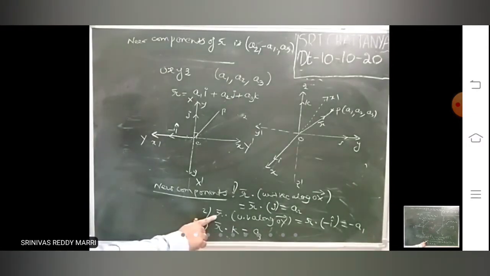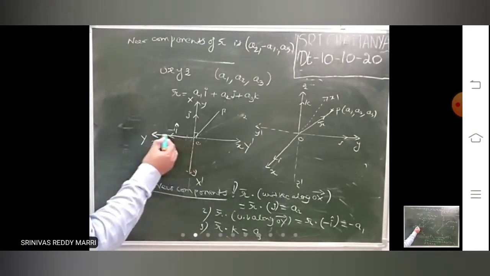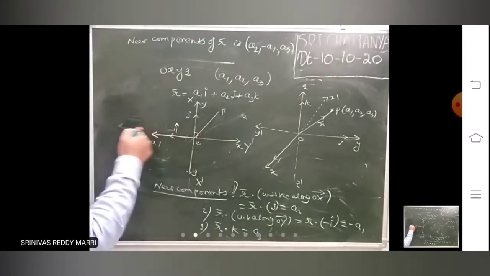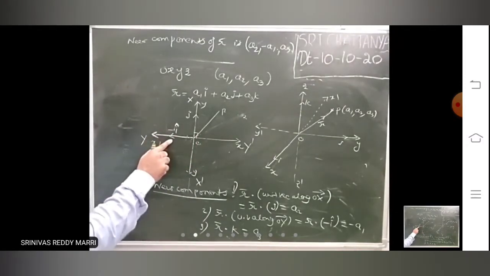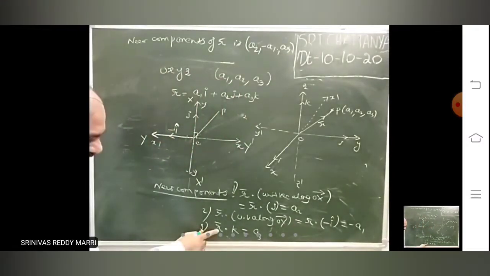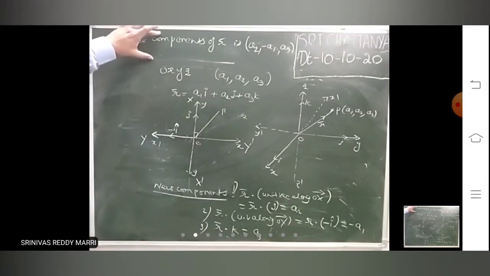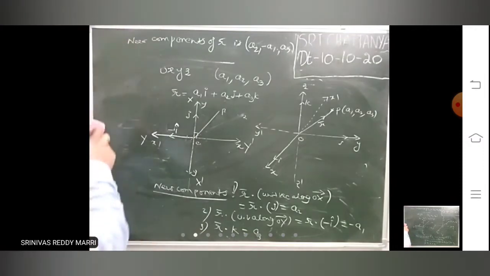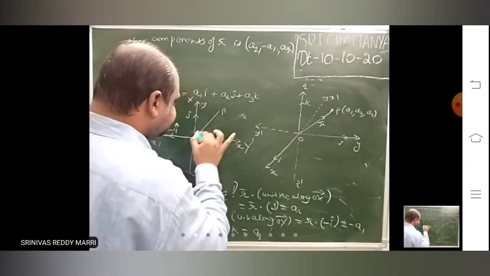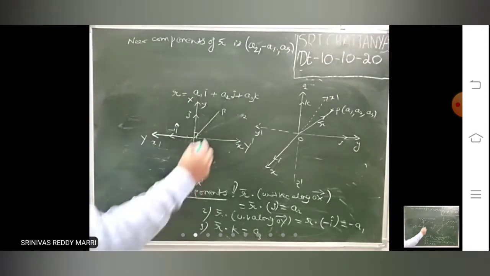Similarly, the new y component is R bar dot the unit vector along the new y-axis, OY bar, which is nothing but the old OX dash bar. R bar dot minus I cap means minus A1. The Z-axis will not change, so that component will not change. Therefore, these are the new components. Actually, the vector will not change. This position and this position are the same. With respect to the new axes, we are writing the components.